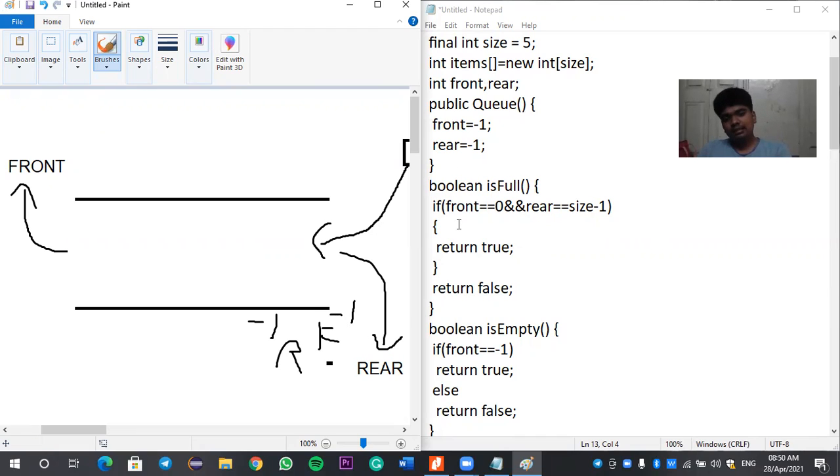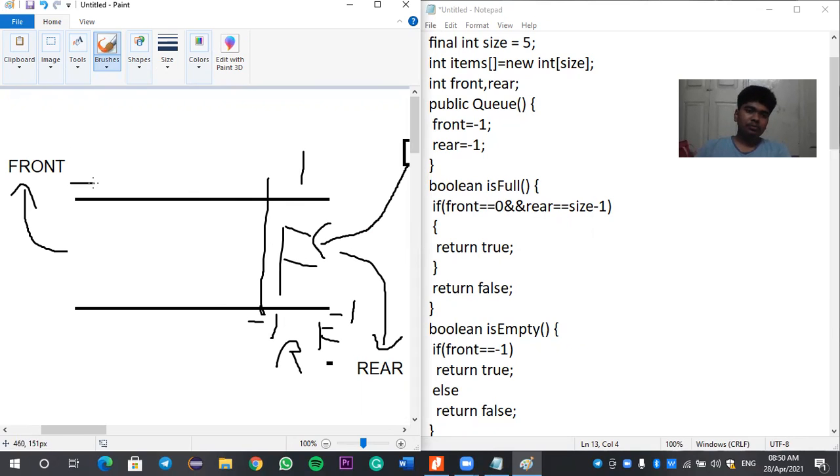Both front and rear will be in their initial state according to the code. Now let us check this boolean isFull. Boolean will return the value whether this condition is true or false. If front double equal to 0, that is the first position, so front should be in its first position, and then rear double equal to size -1.